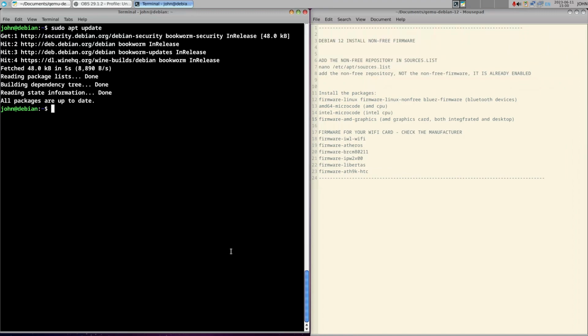Then the most important thing, the firmware for the Wi-Fi card, otherwise it will not work. You need to check the Wi-Fi card manufacturer, for example iwlwifi or Intel Wi-Fi card like mine. There is also firmware-atheros, firmware-brcm80211 for Broadcom, firmware-ipw2x00 for Intel 2200 like my old laptop, the black one, firmware-libertas,